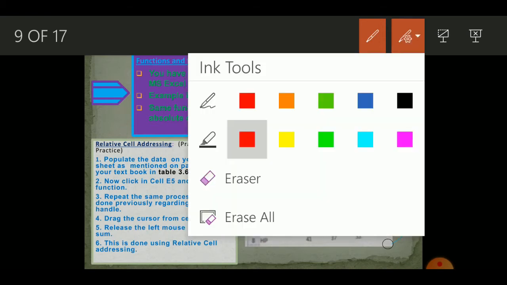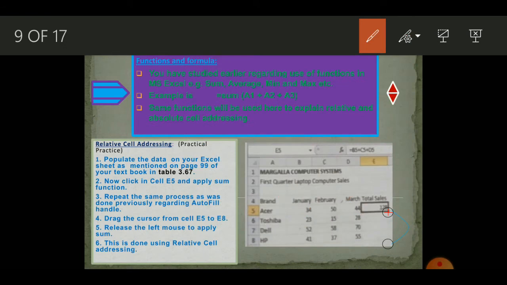Other ways that we used to do in the previous class was just place the equal sign, not even the function, write the name of the cell B5, then plus sign, then the next cell's value, which is C5, and then the next cell's value after plus sign, which is D5, and close the bracket. This is a manual method which is really time consuming. So the efficient way is to use the function, which is SUM. Okay, so by that the processor knows that we are going to add values.